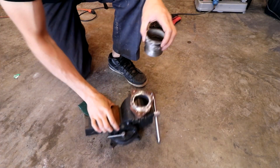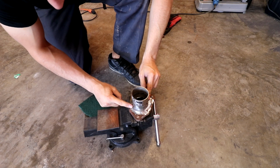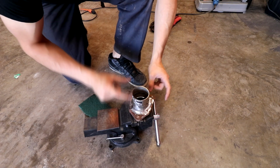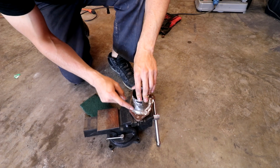As for fitment on this thing, I can't really bevel the edges in on this piece because I just don't have enough lip there. And then the inside's almost the exact same size. So what I'm gonna do is I'm just gonna put it on here, and when I go to weld this,